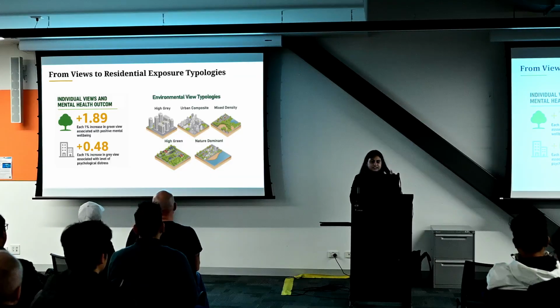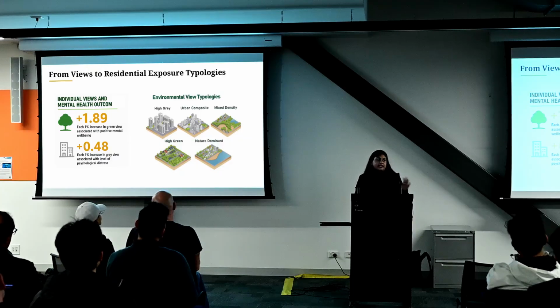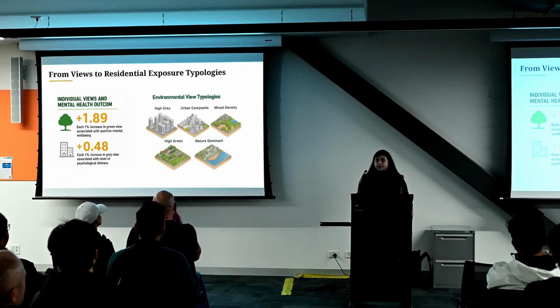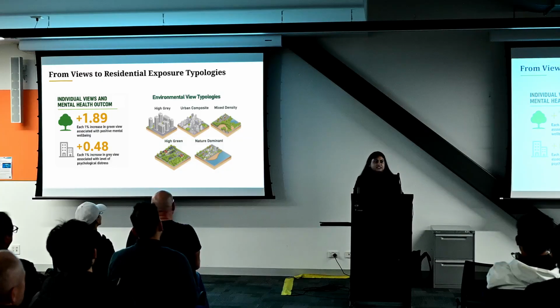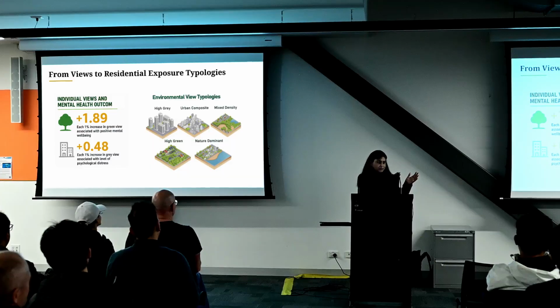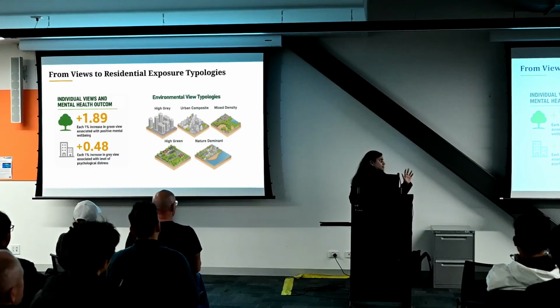Then I did another part, which is view typologies, because people don't just see green, gray, and water. They see a combination of typologies, a mixed environment. So that's why I used GMM, or Gaussian mixture modeling, a probabilistic cluster, which is a soft clustering approach that assigns the apartment residents into a group they might fall into. So it's not like K-means, which is a hard cluster where you have to be in one group, but GMM was the best approach because participants can have different typologies. And after I looked through the AIC and the BIC and the log likelihoods, 5 classes were the best suited.